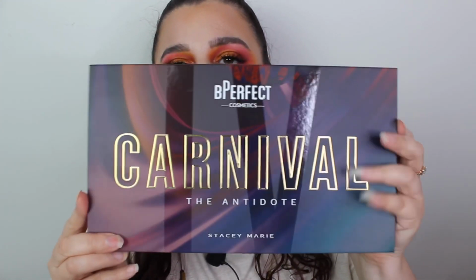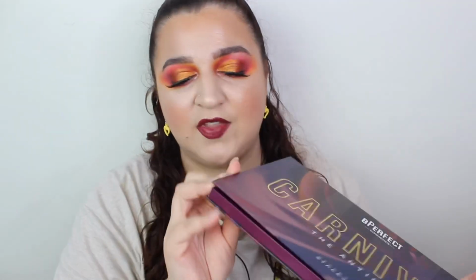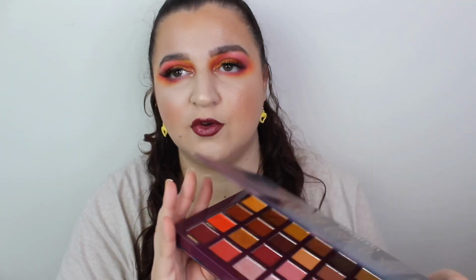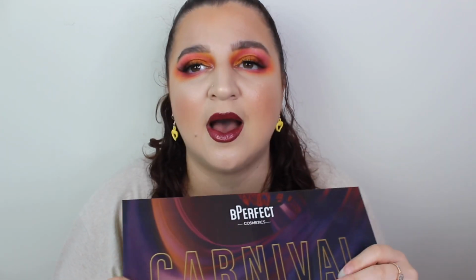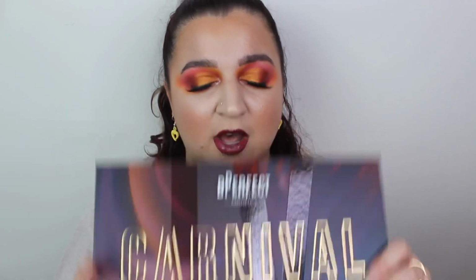It's such a lovely aesthetic to it. I love the front of it. I love the inside of this palette, like everything about it, and it feels weighted, like it feels like a luxurious eyeshadow. I have bought palettes from luxurious brands, and the most luxurious palettes I own are from Bperfect, and I was never into Bperfect until Missa and lockdown happened. I binged her videos because she was literally uploading every day, every other day, and I literally loved her videos. And then I was like, okay, I need